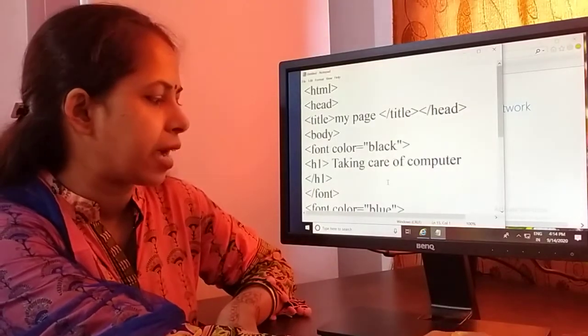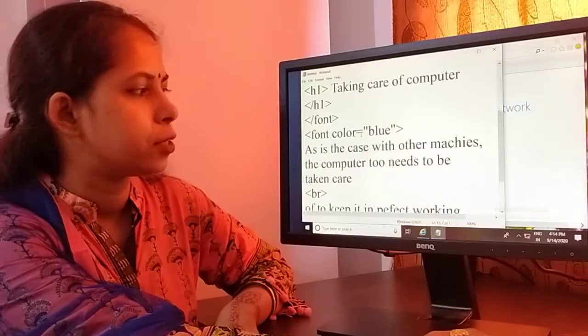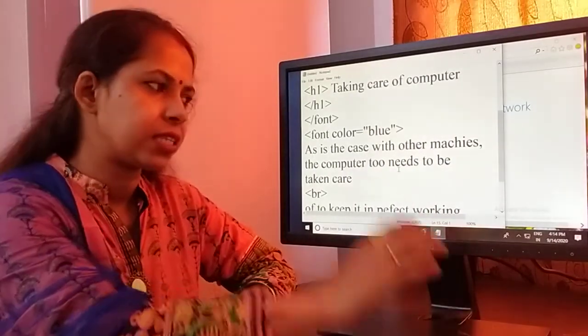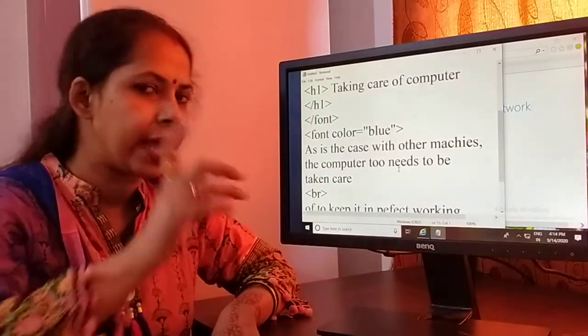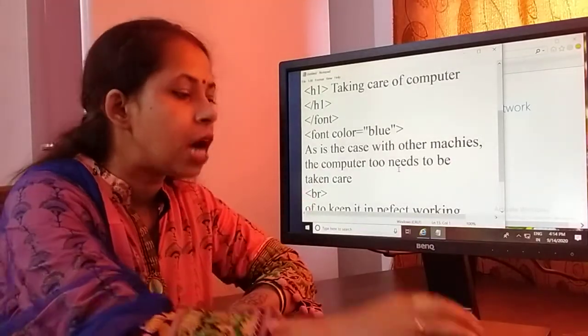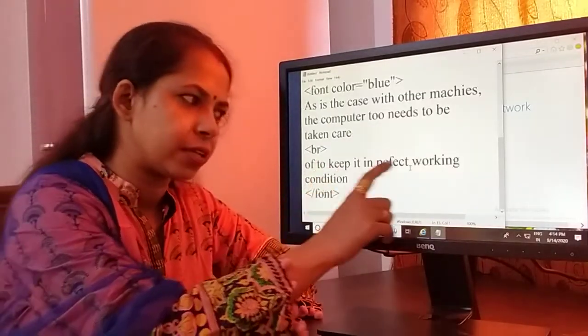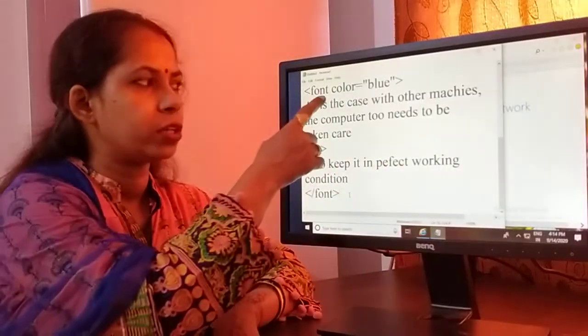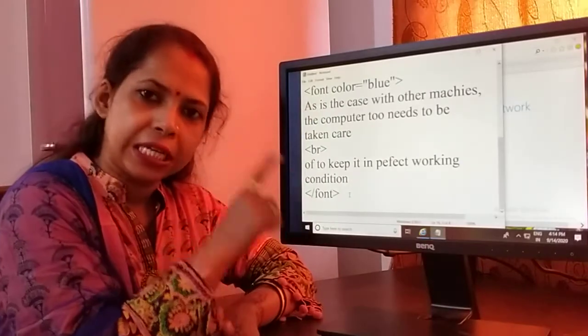My heading is black, and my second font color is blue, so this line comes in blue color. This line is very long, that's why I take the BR tag. After that I write some more sentences, and then close the font option because font is a container tag.